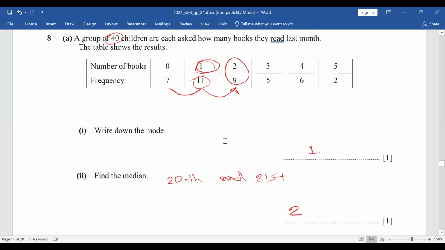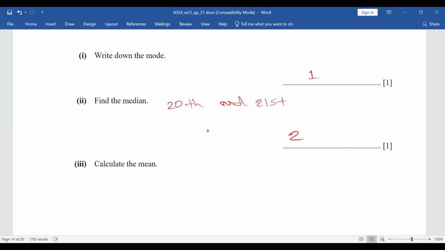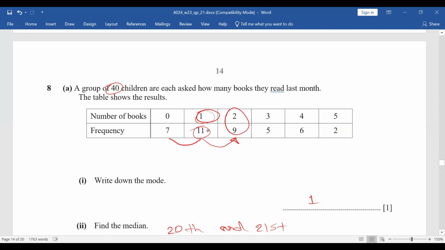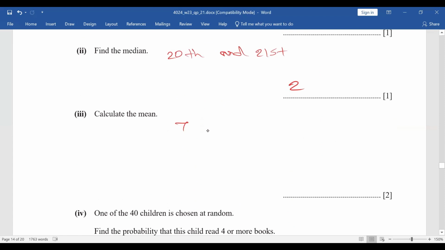Next, calculate the mean. Let's add the total number of books read by the children. That is 7 times 0, 11 times 1, 9 times 2, so 7 times 0 plus 11 times 1 plus